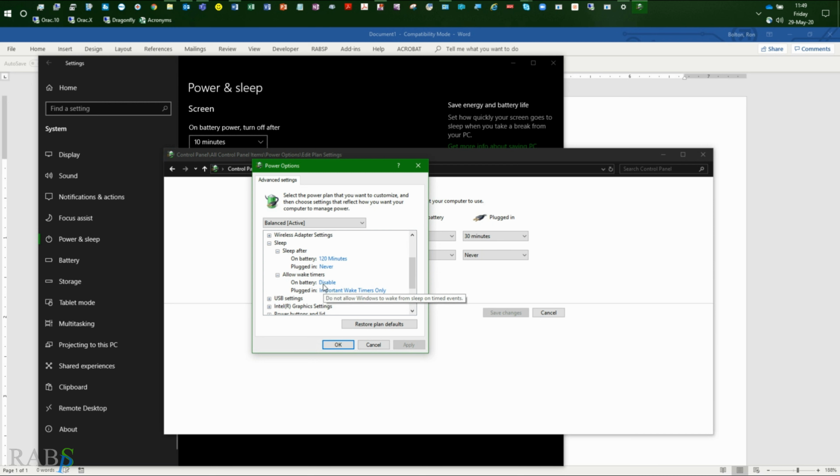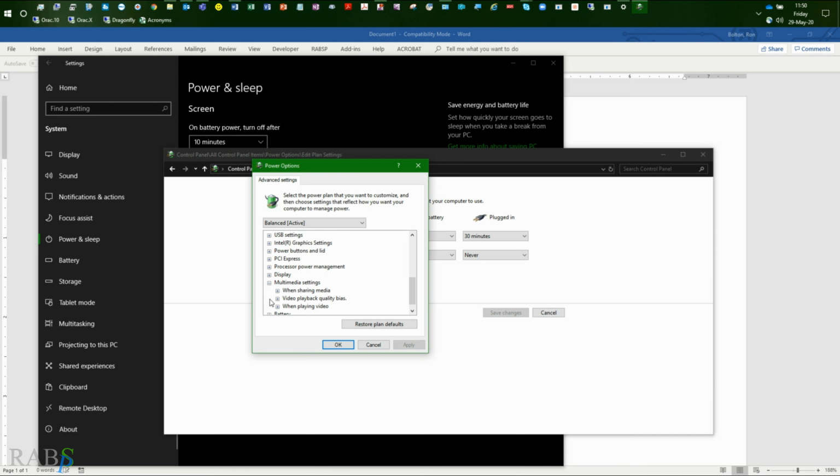On battery it's disabled, it can't wake up at all on its own, and when it's plugged in it's got important wake timers. You can have that disabled, you can have important wake timers, or you can have it enabled. Important wake timers is sort of the middle ground, but that's for important things like Windows Update. It's going to wake up anyway. And down the bottom, as we'll see in the logs in a second,